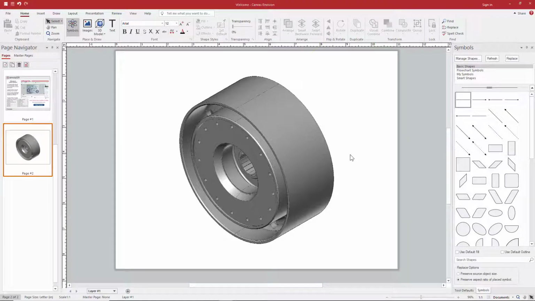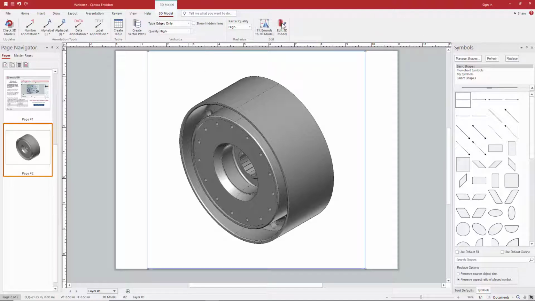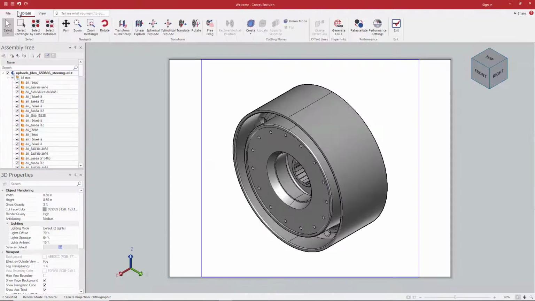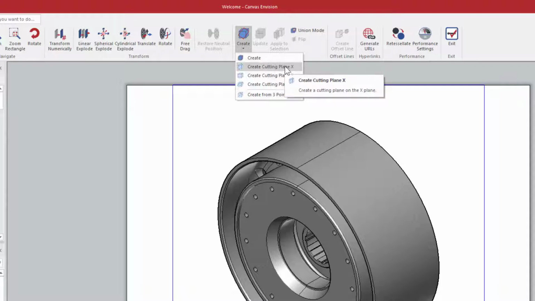In this video, I will talk about how to use cutting planes in InVision. First, I will need to open the 3D graphical user interface of my model. This will bring the 3D Edit toolset as well as the cutting planes. I will click on this arrow under the cutting planes ribbon to bring up its drop-down menu. Here, I will show you how to use all the different settings.